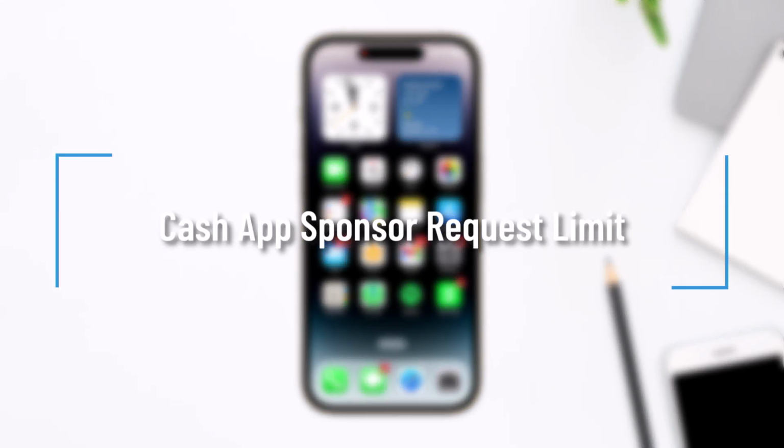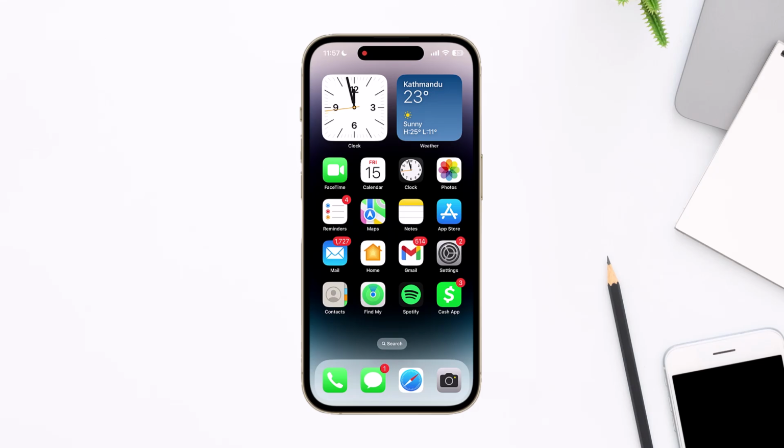Cash App sponsor request limit. So if your sponsor request limit has been reached and you want to understand what the sponsor request limits are, first of all,